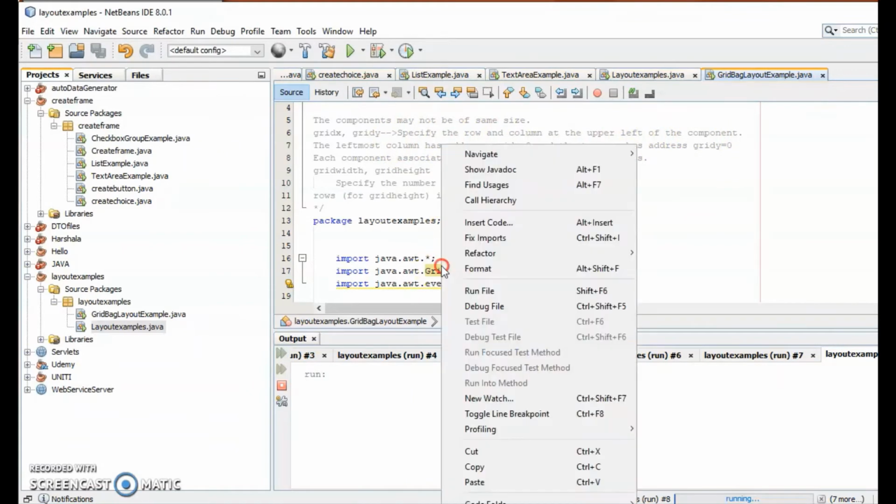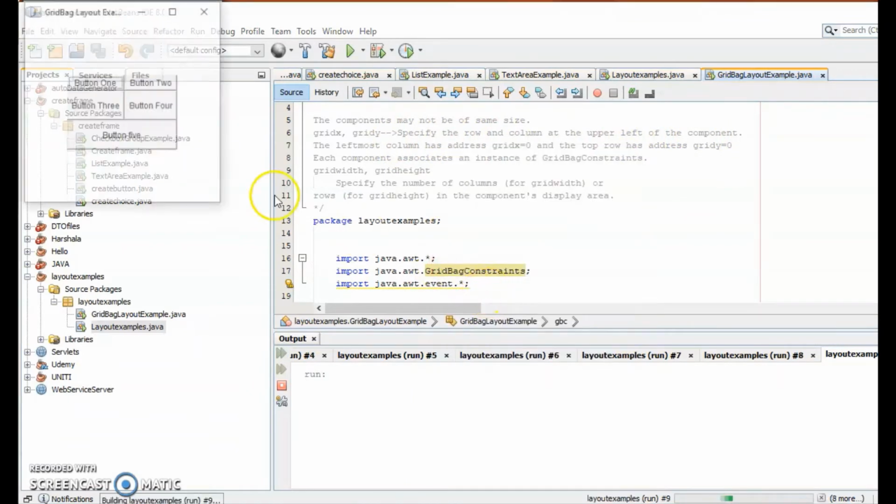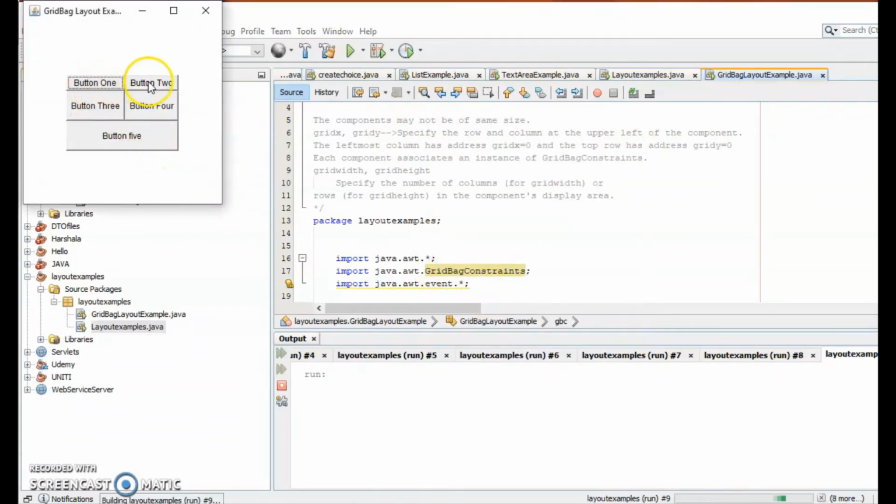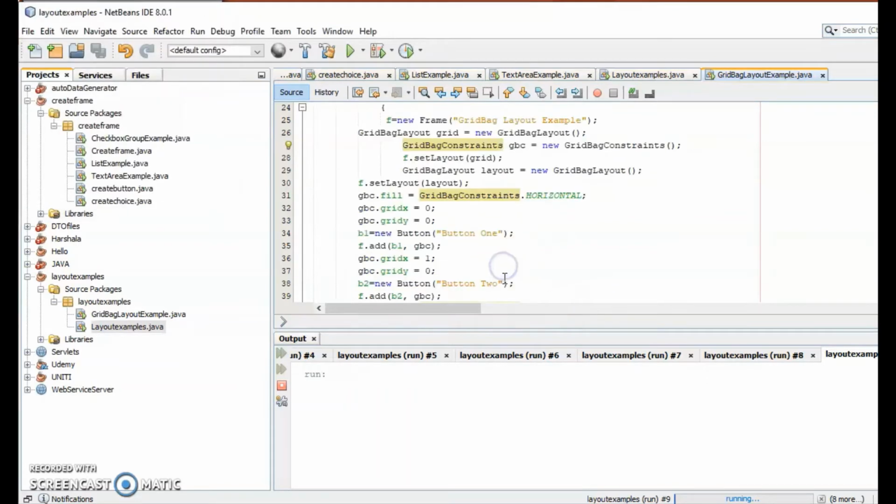So I will run the program and show you the output. See here, gridx and gridy specify the upper left of the components. At the upper left of the component is 0, 0. What is the position of button 1? 0, 0. That is what gridx 0, gridy 0 represents, so button 1 we are placing there.